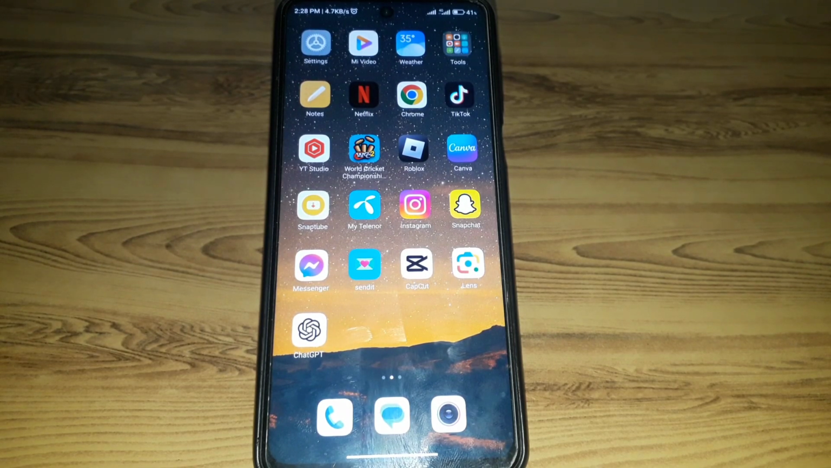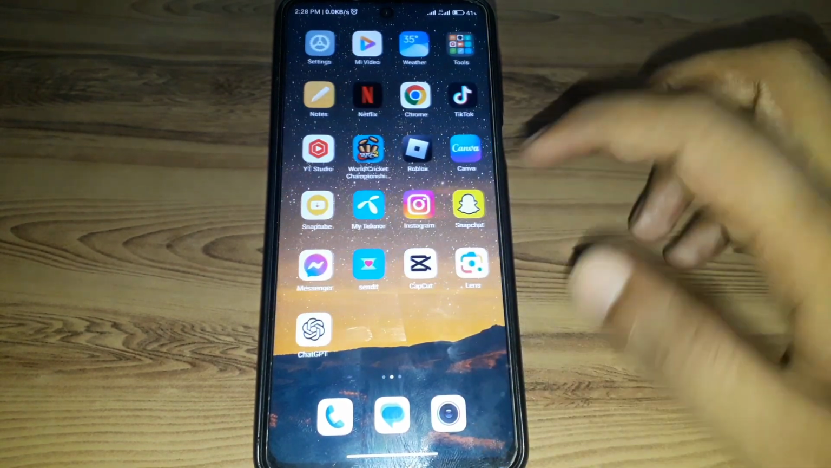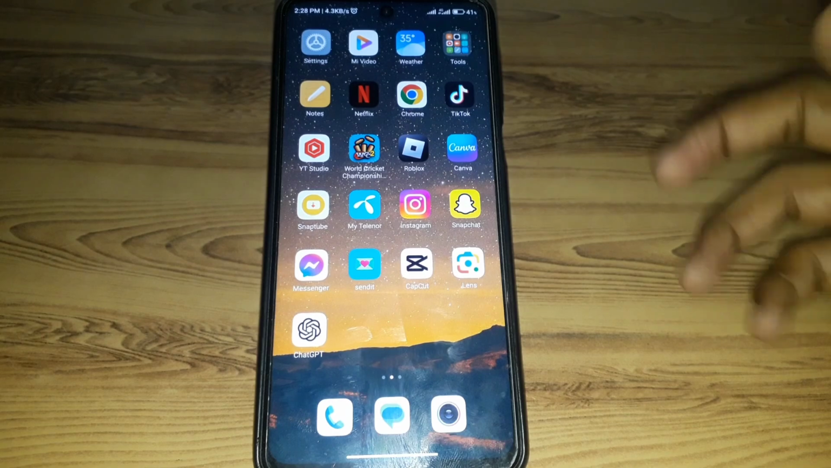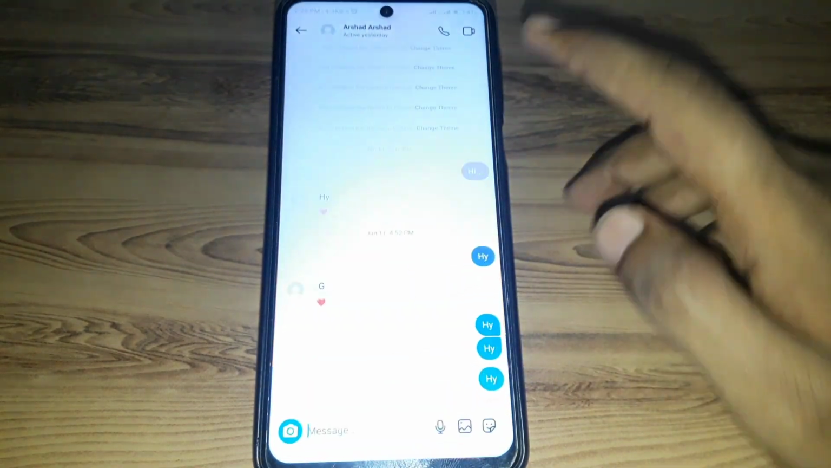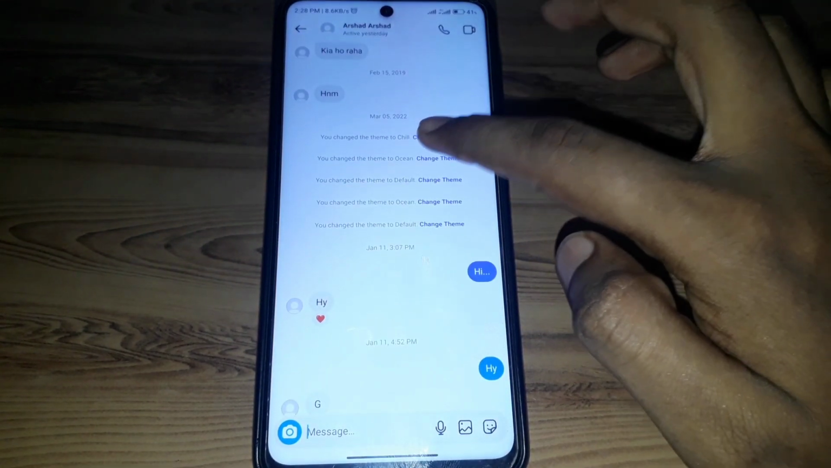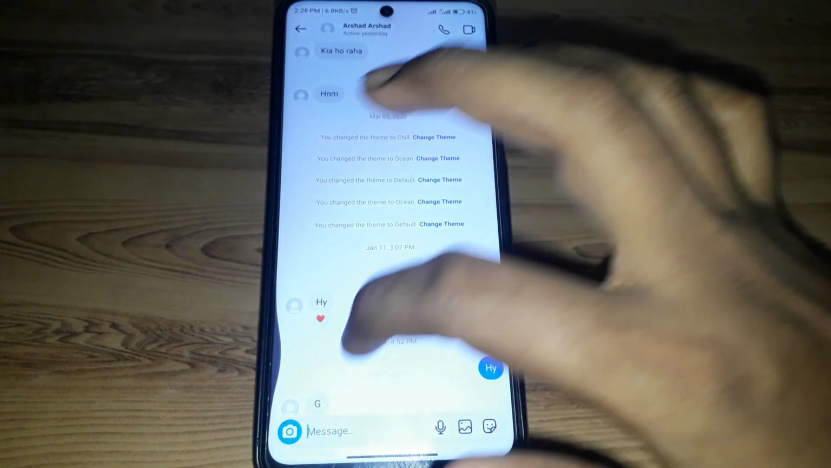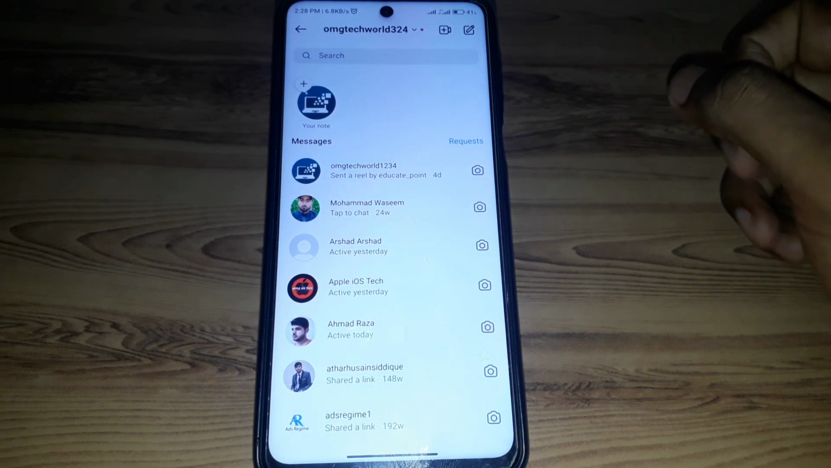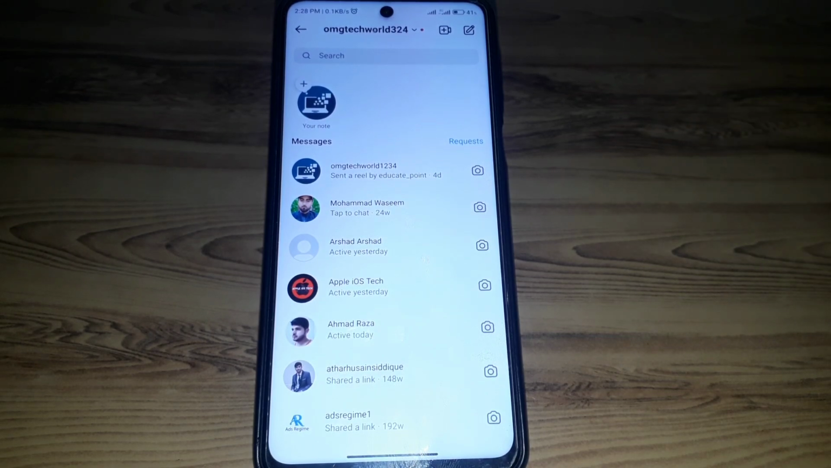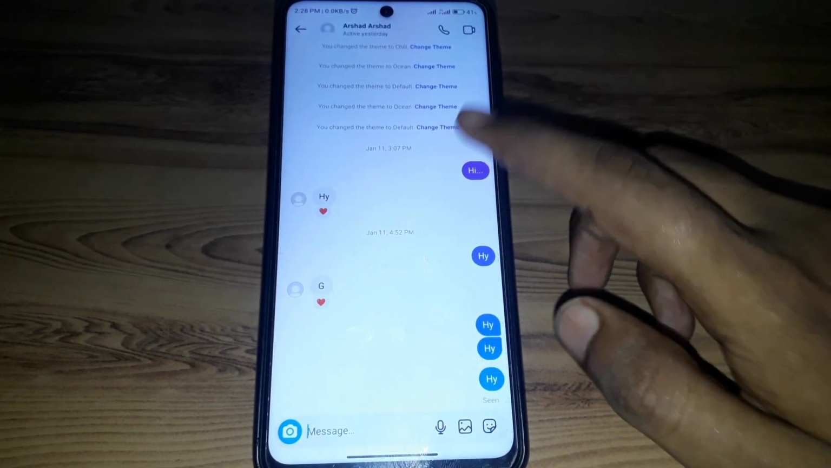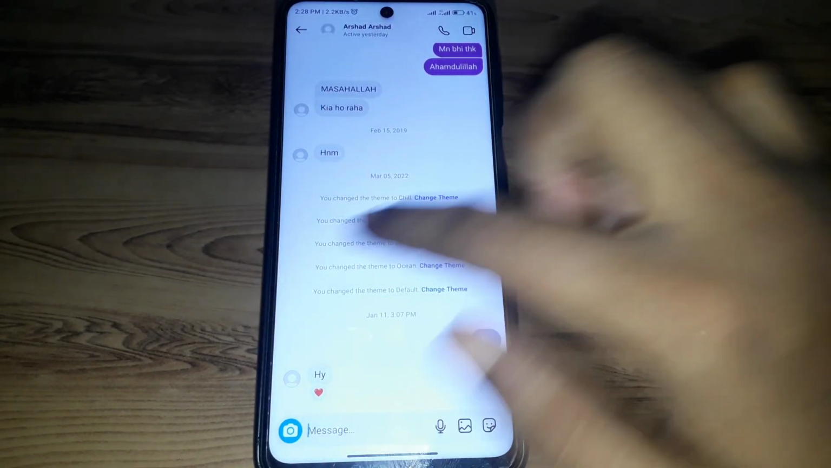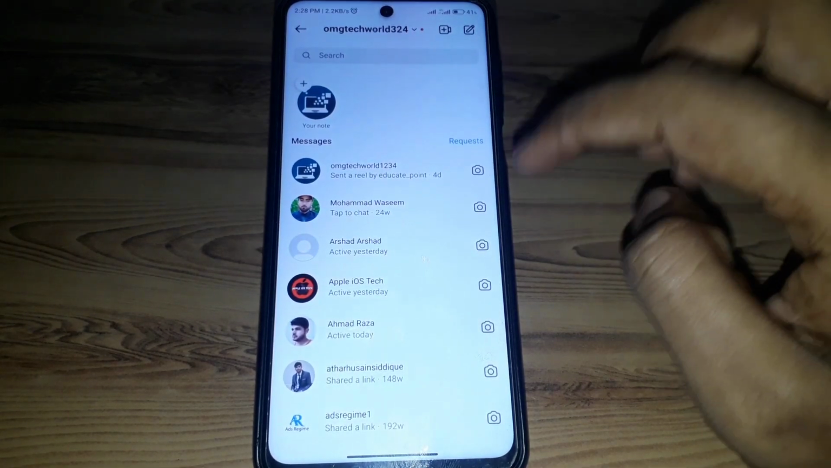Today we're going to discuss how to fix Instagram chat theme option not showing. For example, chat theme is available on Instagram DM. For example, here you can see that there is an option available. If you have already started a conversation with the person and you have already used the chat theme feature, then you can easily get that. But if you do not get that feature, which means chat theme is not available, then